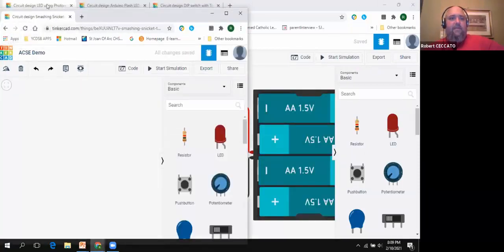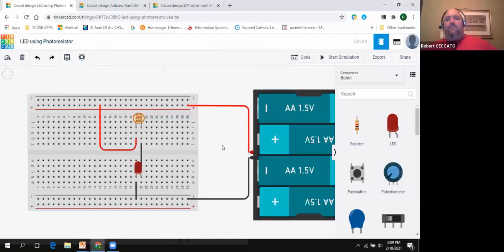Along the top here, here's a simple circuit I made. That's a photoresistor. So I got a breadboard. I've put a photoresistor in which senses light. I've thrown in a couple batteries. I've wired positive and negative. I got my resistor, my photoresistor. I got my LED. And so I'll show you how to build one of these, but I just wanted to